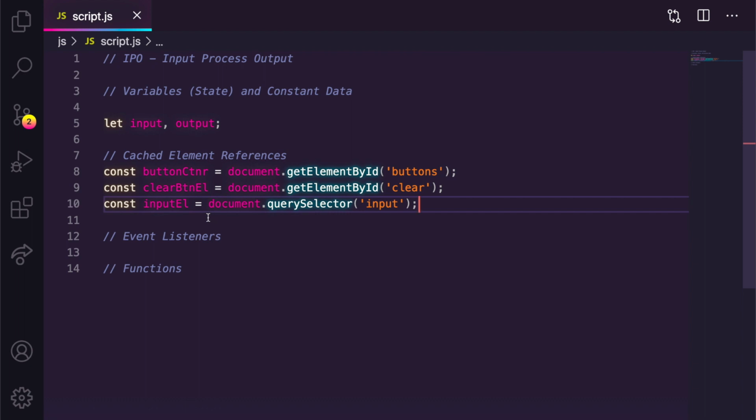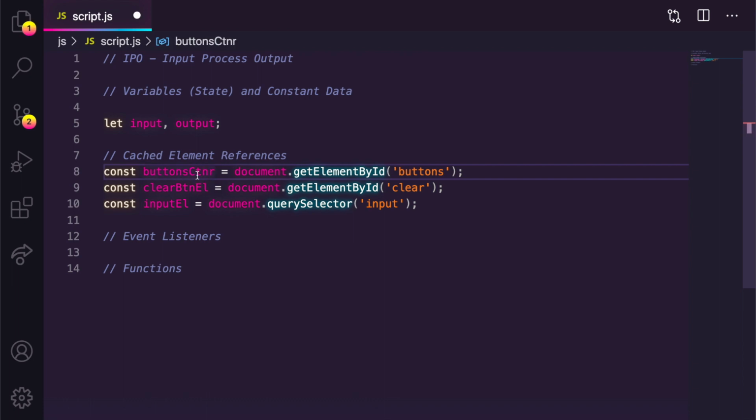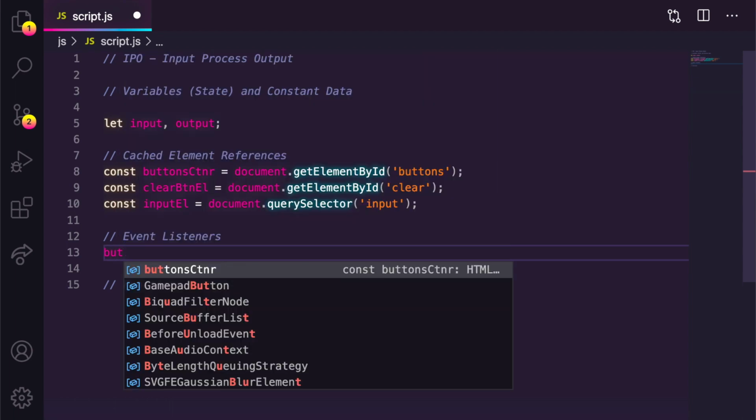So we're going to really need to set up two event listeners. One is going to be the button container. You know what? Let's call this buttons container, okay? I think that's a little bit more descriptive. The other one's going to be the clear button, okay? Those are really the only two pieces of user interface that the user is going to be interacting with. So we want to listen for those events. So let's start with btn's